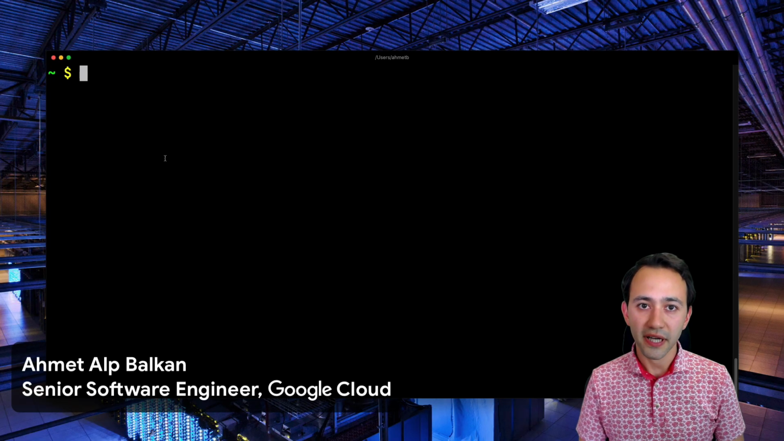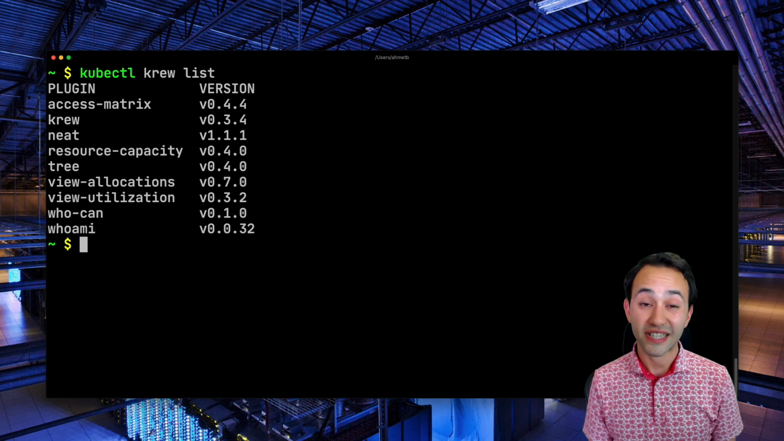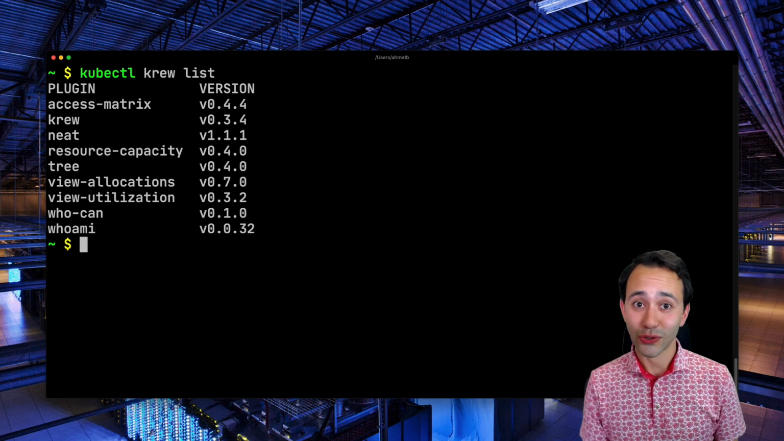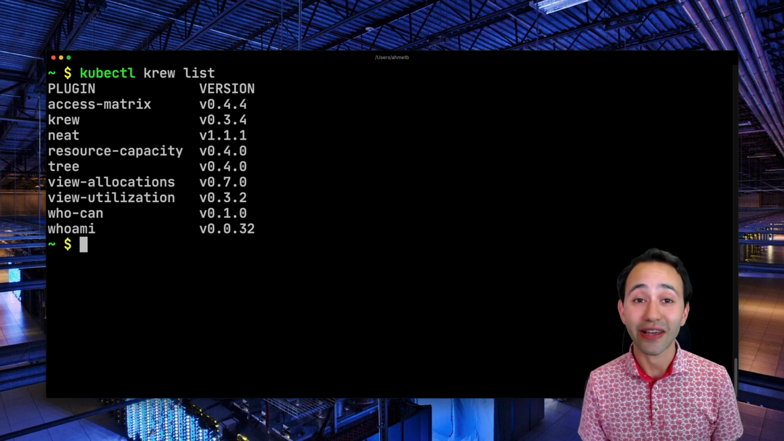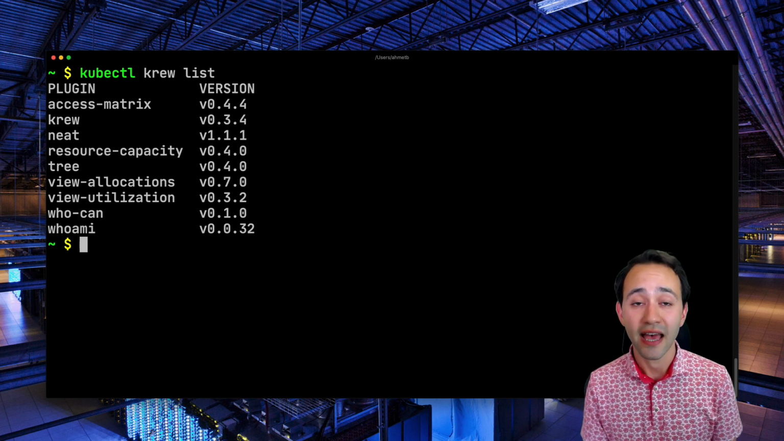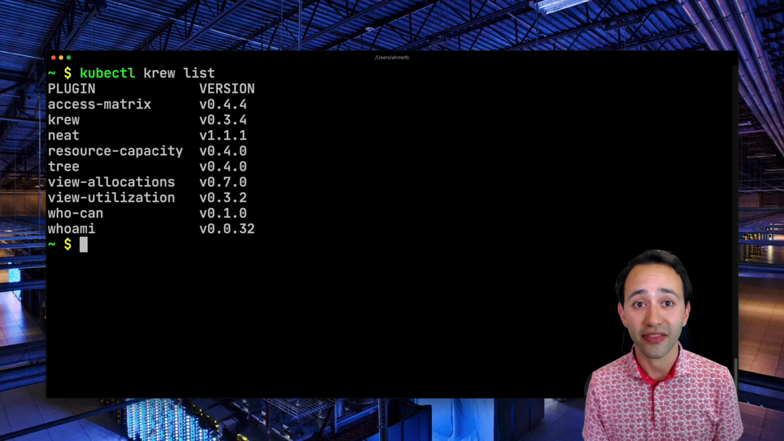So I installed some plugins on my machine ahead of time. If I run kubectl krew list, you're going to see these plugins that are installed right now on my machine. If I were to go and install these plugins manually myself, what I would need to do is probably go to GitHub, download the tarballs and zip files or whatever of each of these binaries, and then copy them somewhere in my path like /usr/local/bin, and then it would be up to me maintaining the updates for each